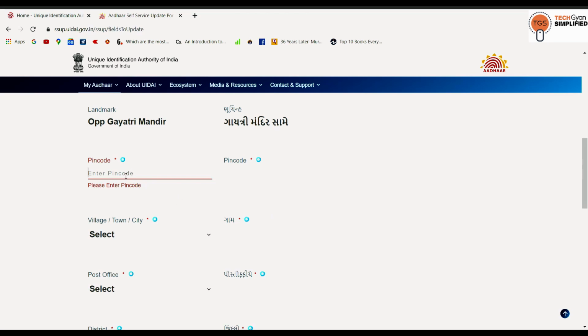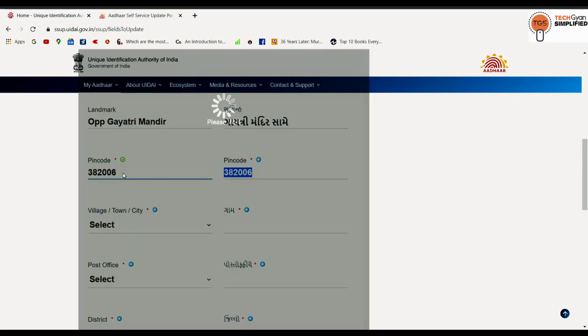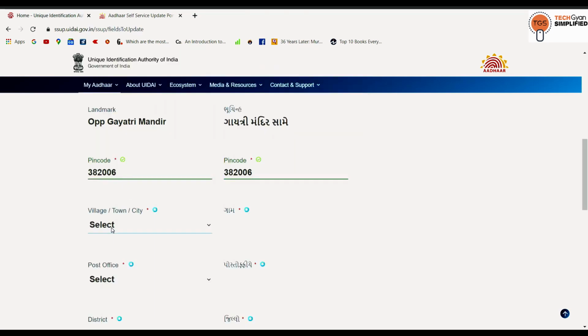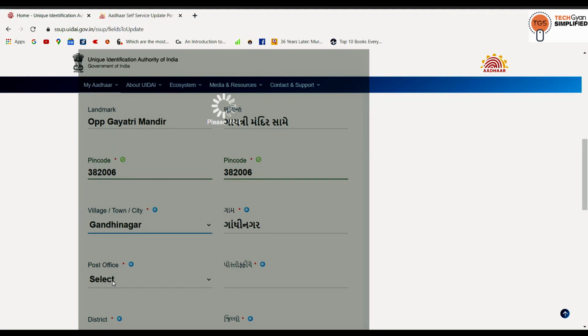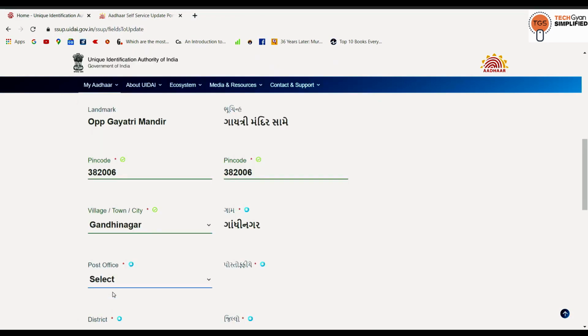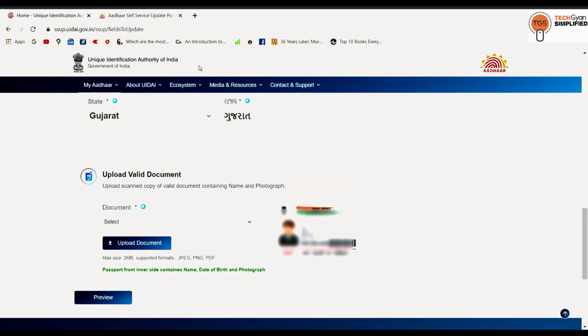Okay, now PIN code is the most important part in this, because then you will be able to select a proper village, town or city. So just make sure you enter your correct pin code number. And post office is also most important part in this. Okay, now open this drop down list of valid documents. Select the document you want to upload.